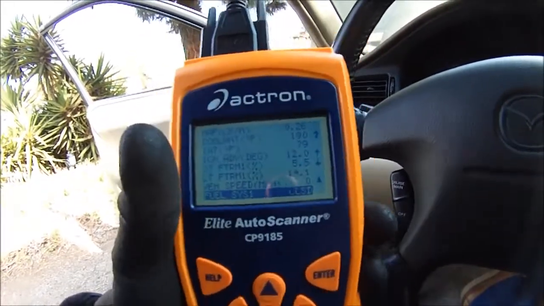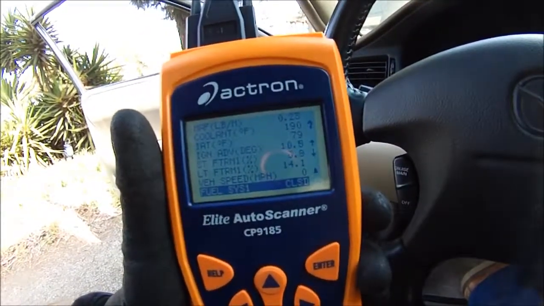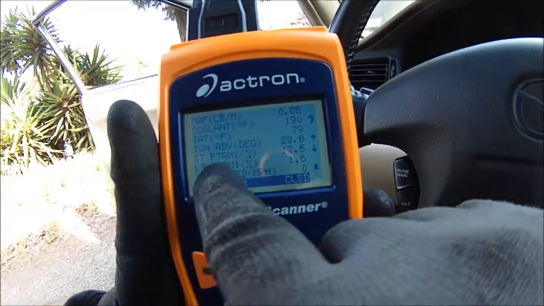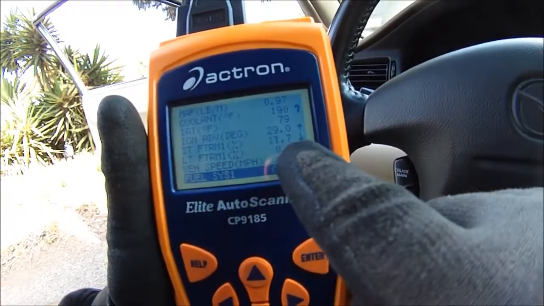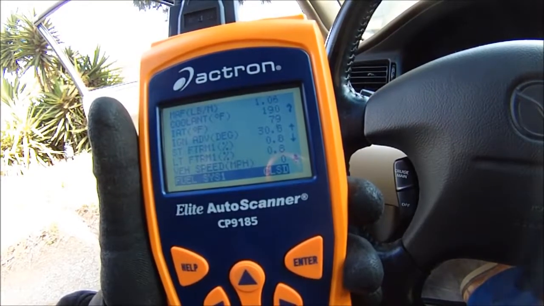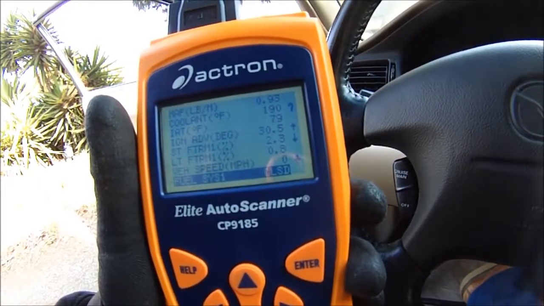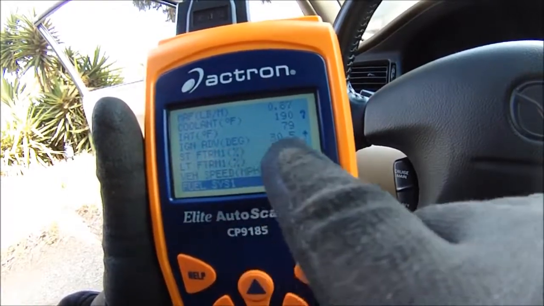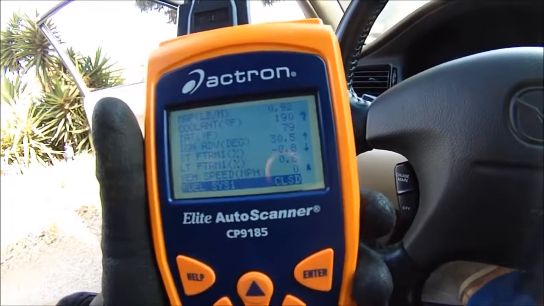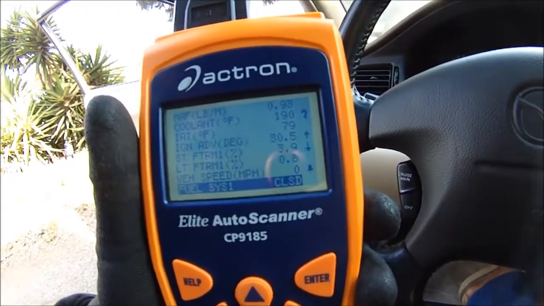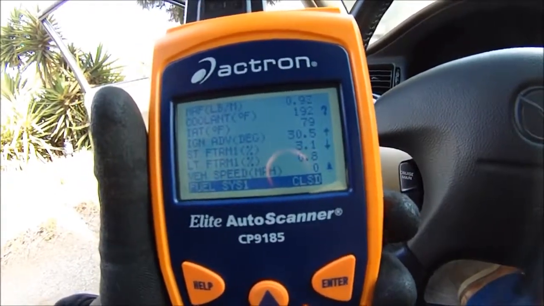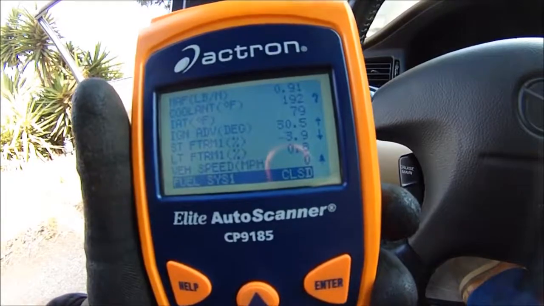Okay, now let's hit the accelerator right now. If this gets better, which it is, look at that, long-term fuel trim, now it's at 1.6%. Let's hold it steady right there. Everything improves. What you want to see is these numbers go down to 0, and that's what they're doing. So we have a vacuum leak in this car, so now what I got to do is a smoke test. So let's go out there, do a smoke test, and see what the dealie is.